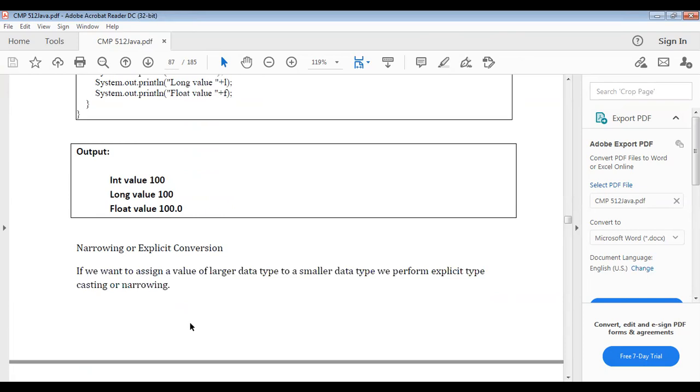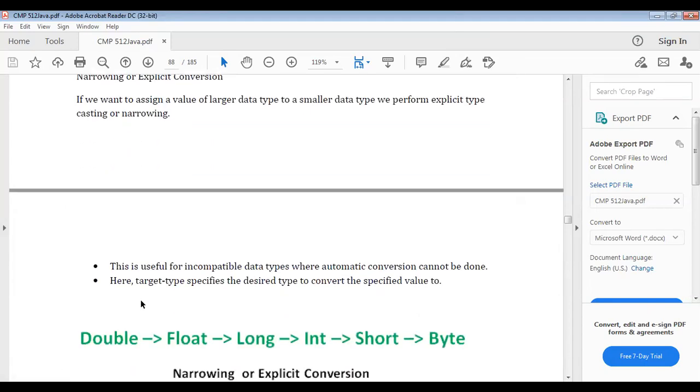There are also narrowing or explicit conversions. If we want to assign a value of a larger data type to a smaller data type, we have to perform explicit type casting or narrowing.